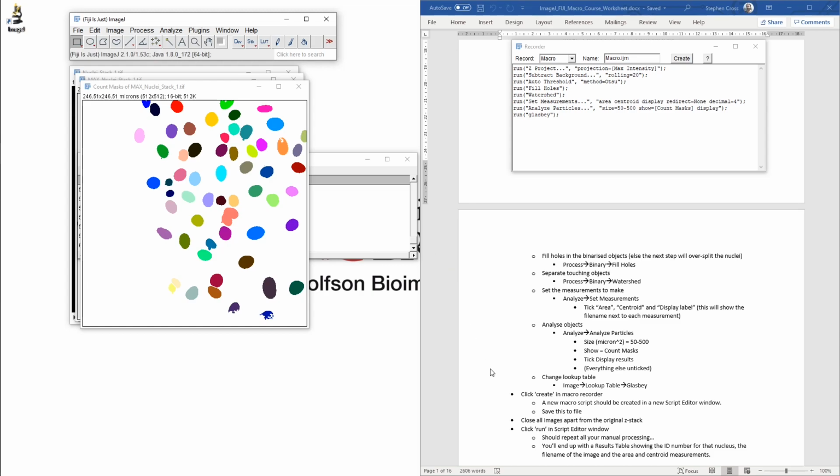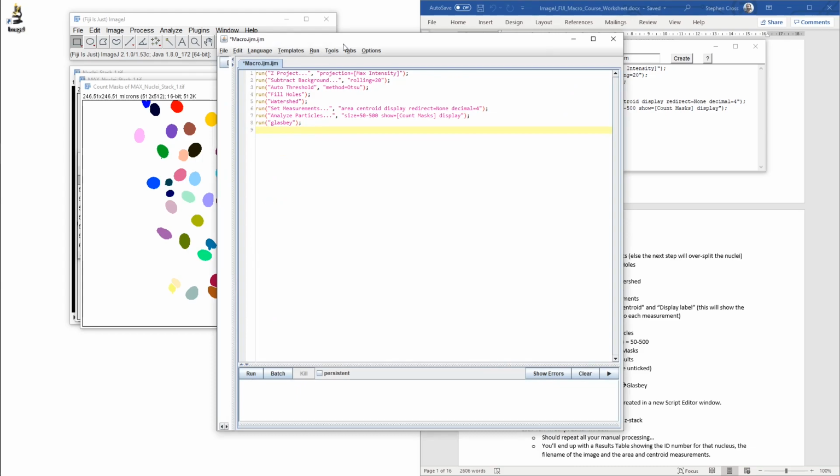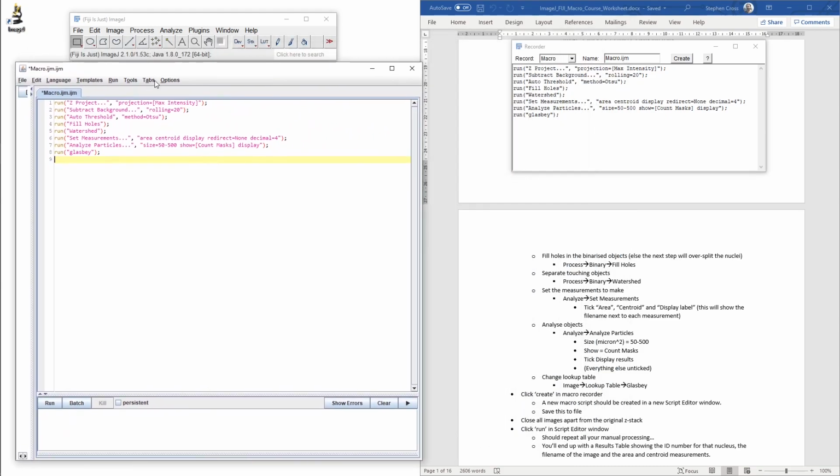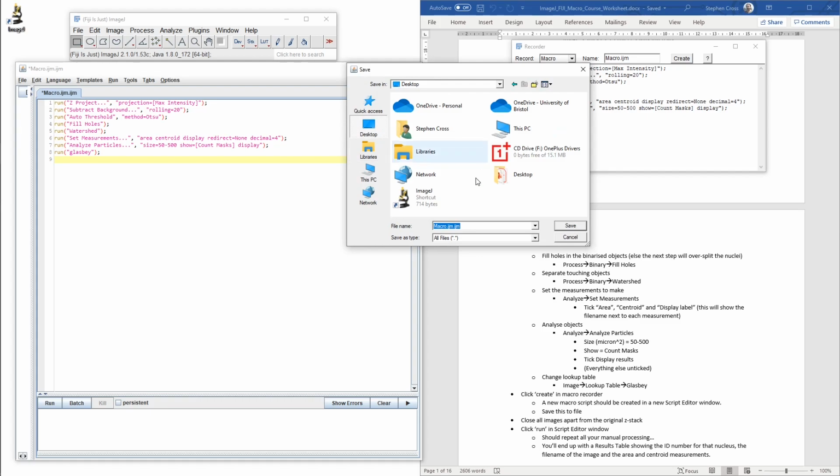At this point now we can just go to Create in the macro recorder. So it's got all of our commands, and then that opens up in the scripting window that we saw a few minutes ago. We can save this file by going to File, Save As, and then I'll just save that onto the desktop as